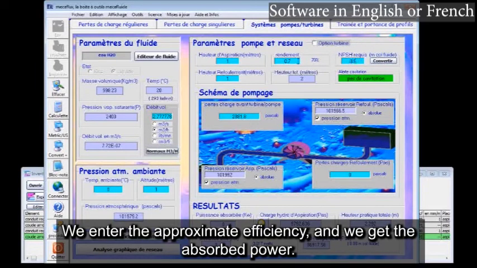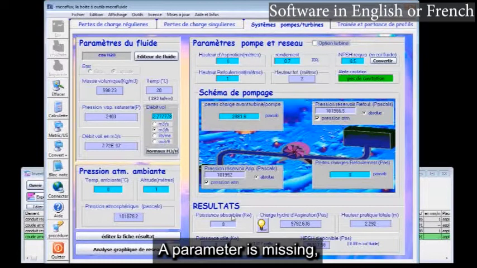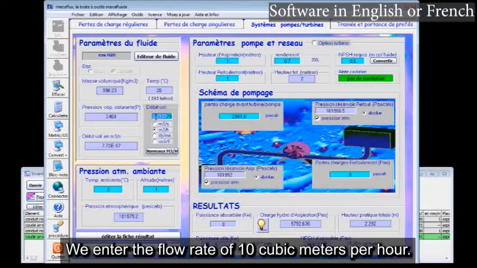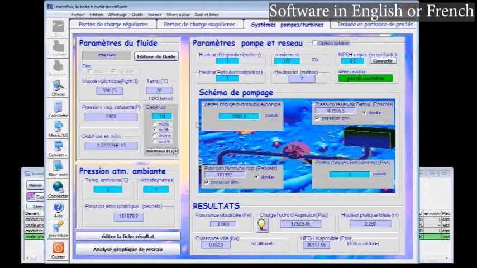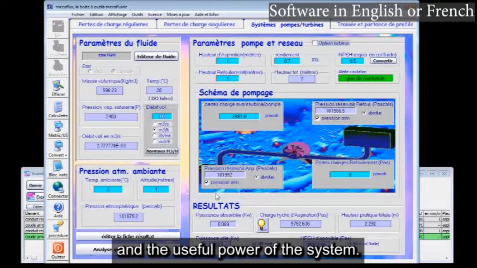We enter the approximate efficiency, and we get the absorbed power. A parameter is missing, we enter the flow rate of 10 cubic meters per hour. So we see the absorbed power, and the useful power of the system.